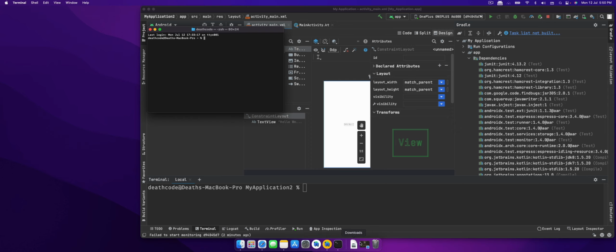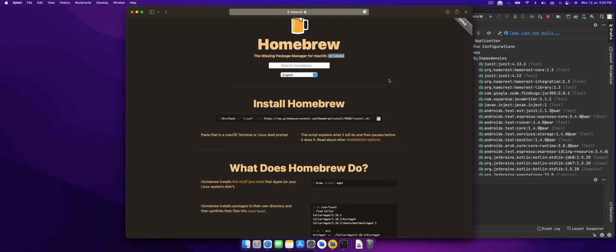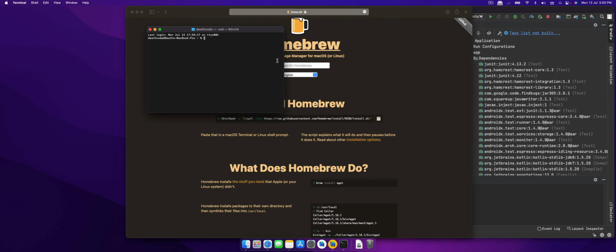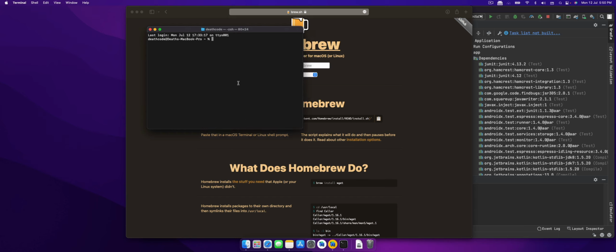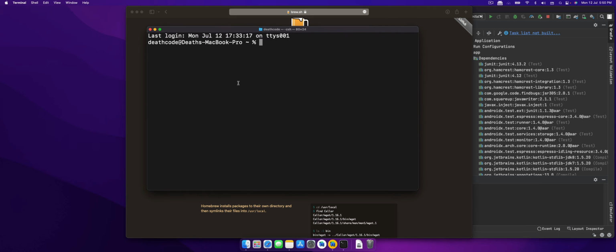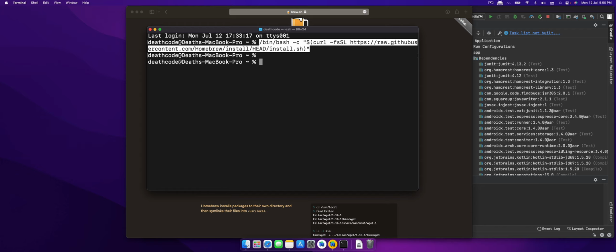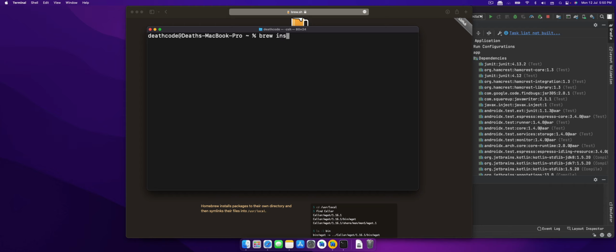In order to install Brew, if you don't know what Brew is and how it is installed, just go on to brew.sh, copy the link, copy the command, and paste it into your terminal. Let me just increase the font up and paste this command here. Press enter. It will install Brew, and once Brew is installed, just type in brew install